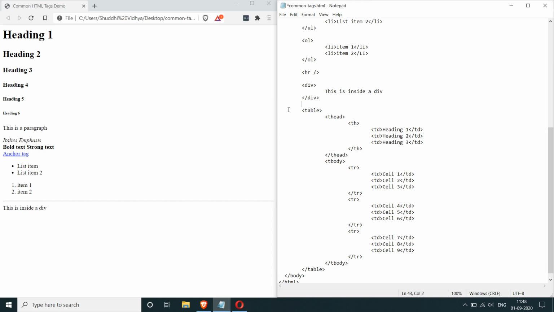What we're doing here is called indentation, which is primarily for readability of the code. You don't need indentation for the browser to render your code properly. In fact, you don't even need any kind of formatting. If you enter all of this code in a single line, it will still work in the browser, but we won't be able to read it properly. So this indentation is a best practice for you to be able to read the code properly, so that when other people look at your code, it makes sense to them. That's the only reason we're using indentation.